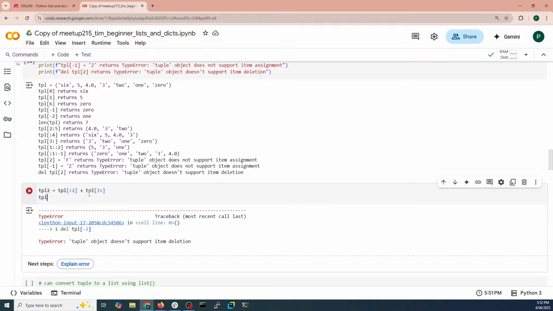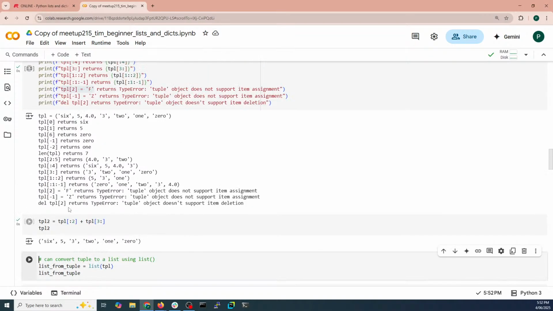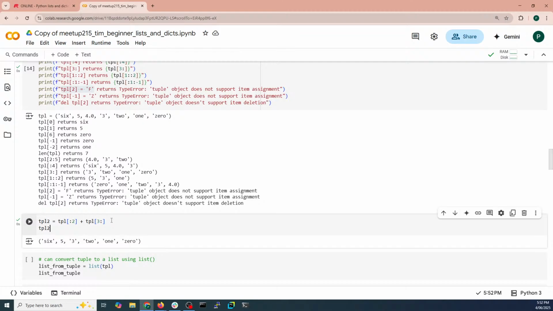And let's have a look at what's in tuple 2. 6, 5, 3, 2, 1, 0. So that's effectively the same as what you would have if you deleted this item at index 2 from tuple. And so now I could even